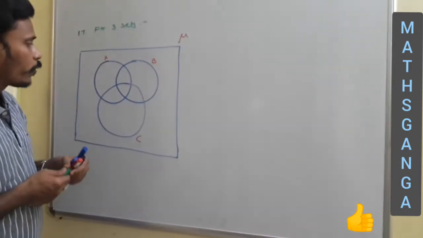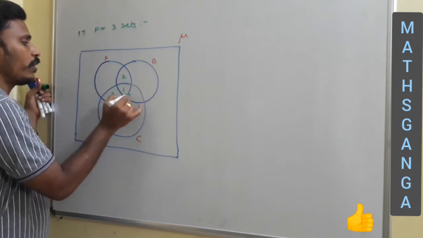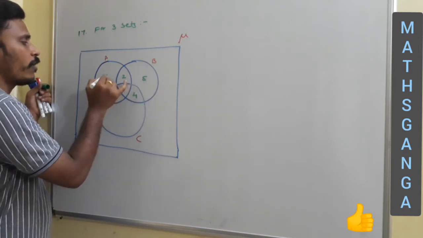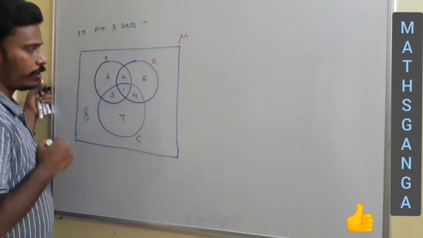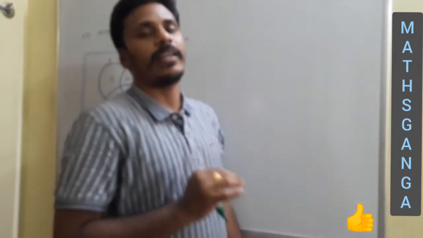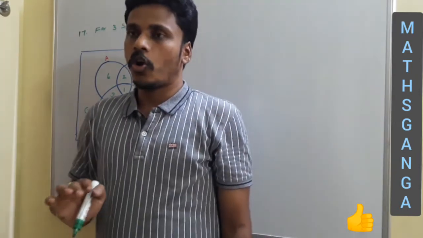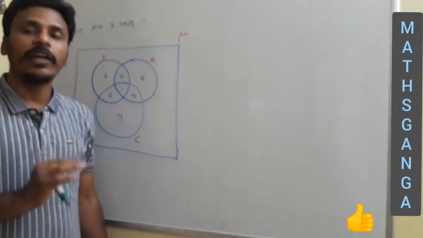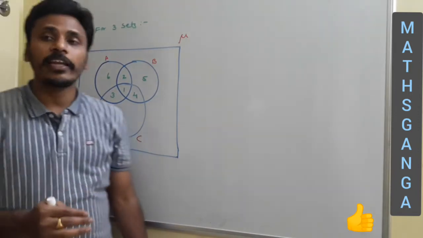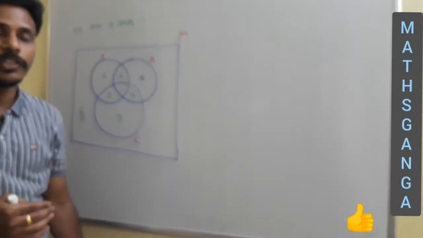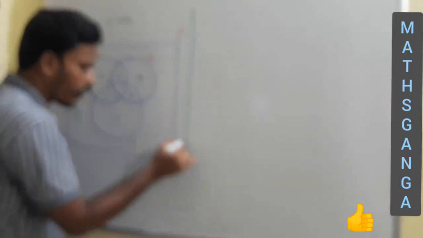And look there, where are the regions? Those 8 regions. If you look there, just count the regions: region 1, region 2, region 3, region 4, region 5, region 6, region 7, and outside of these circles, region 8. I marked those numbers just to indicate the regions formed by the 3 sets. Total how many regions do I have? 8 regions. For 2 sets I had 4 regions. Now I have 8 regions, and I need to give names for all these regions one by one. Just have a look, very interesting. Just try to enjoy it, right?